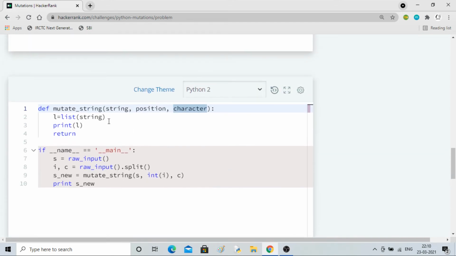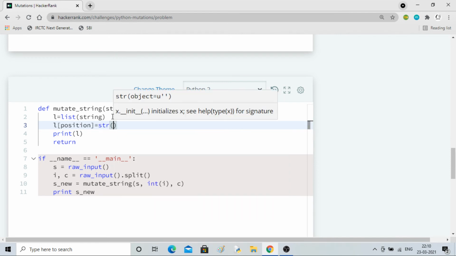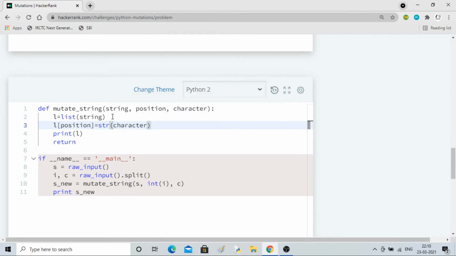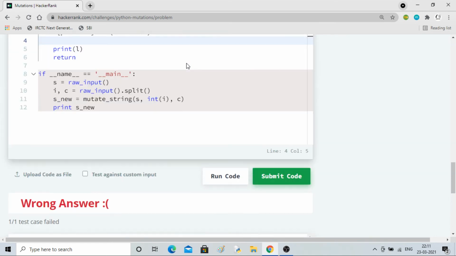Then we can change the value of L at the position, and I can write the character as str of c. It will take this character, convert it into a string, and assign it to the position where it is required in the list. Then the value of L will be like this only, but it will change the character which we want.